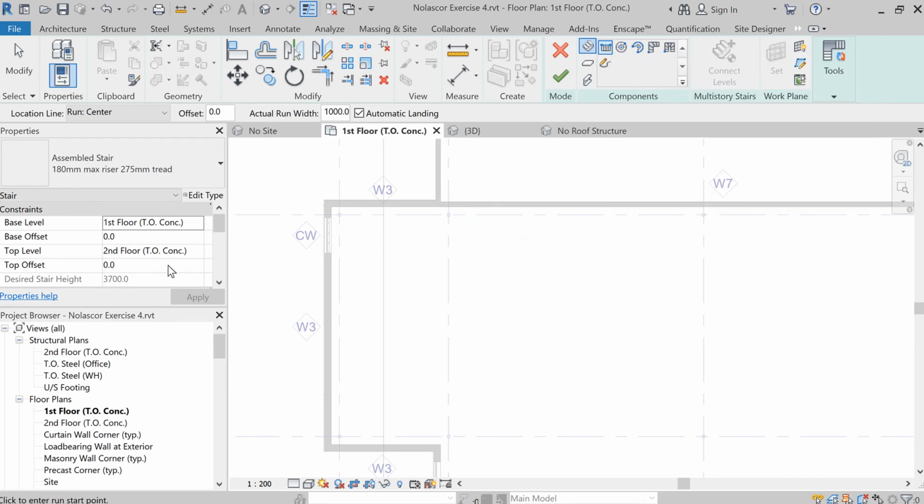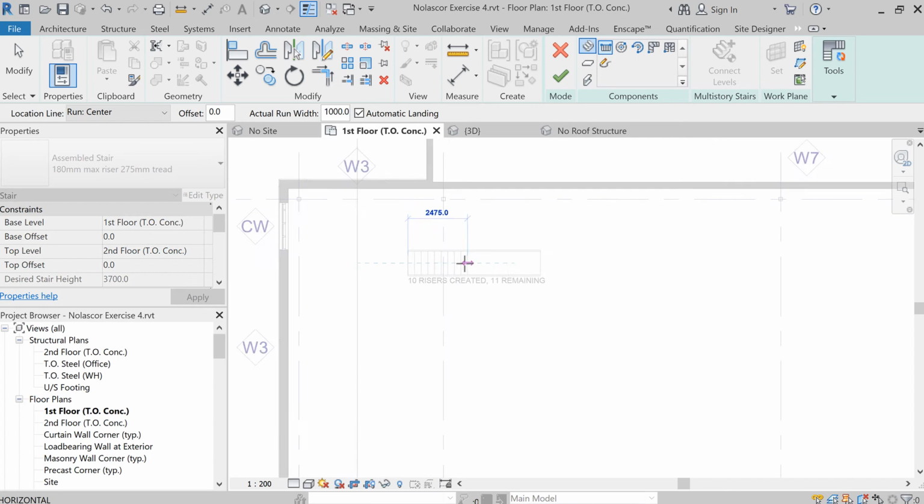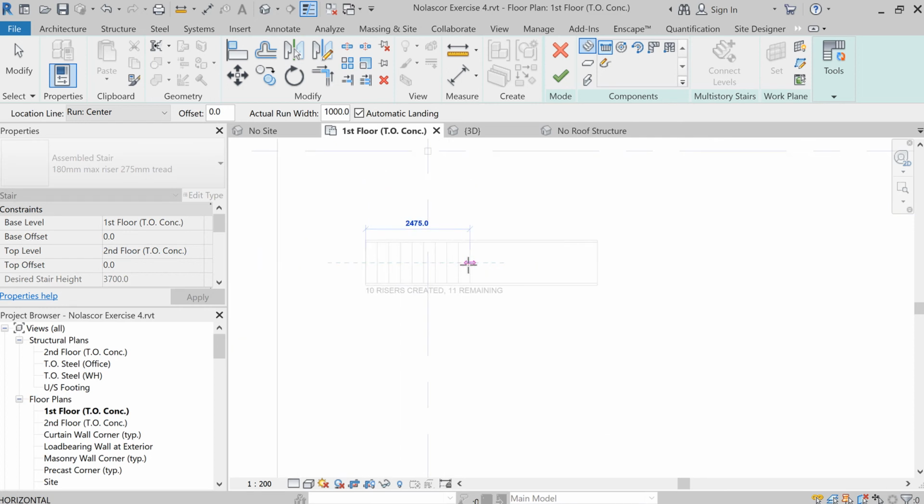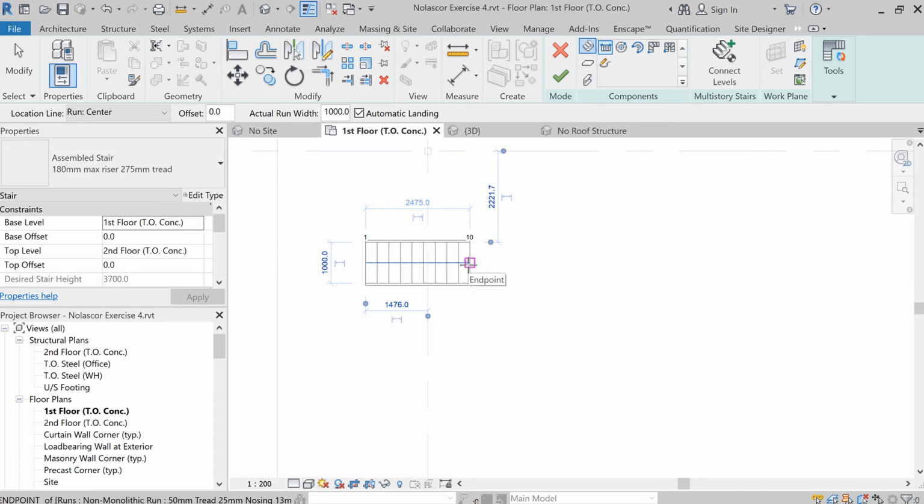So all our settings are still the same, 21 rise. Let's just start here. And this time, we're going to click when the riser being ghosted says 10 risers. So we still have 11 to go or 11 remaining. So I'll click here. And this time, you can actually